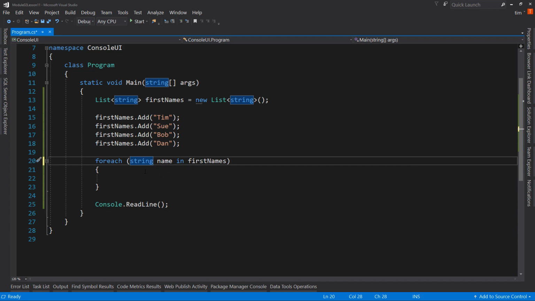It also allows you to make sure that your assumptions are correct. Because if you assume this is going to be an integer and you say var, you won't know until you try to use the integer and it crashes your application. But if you typed int,